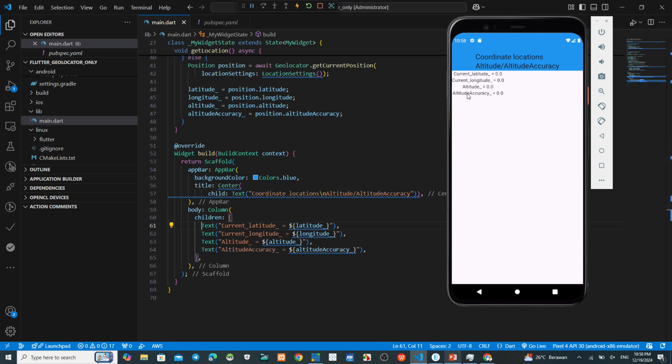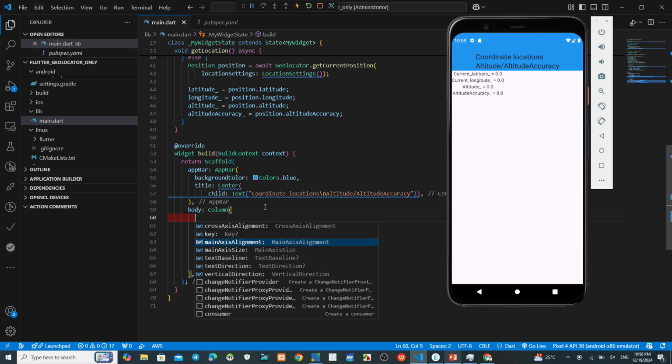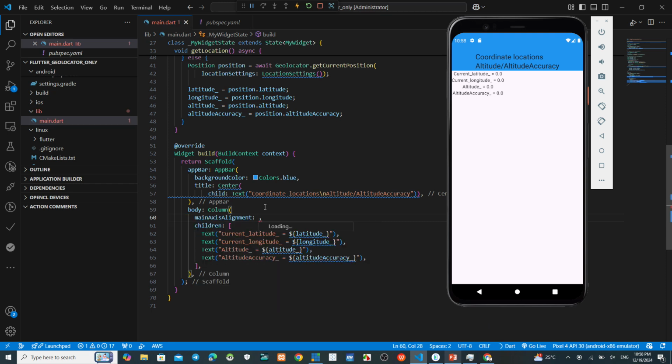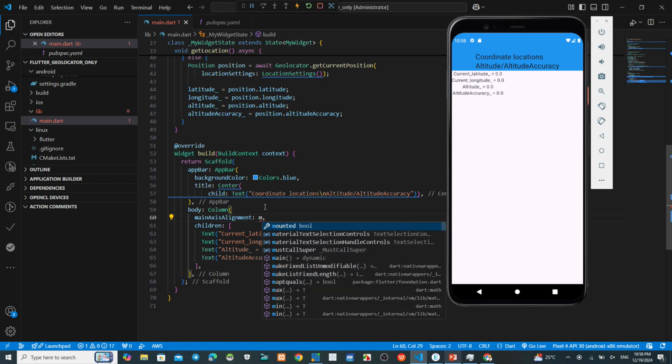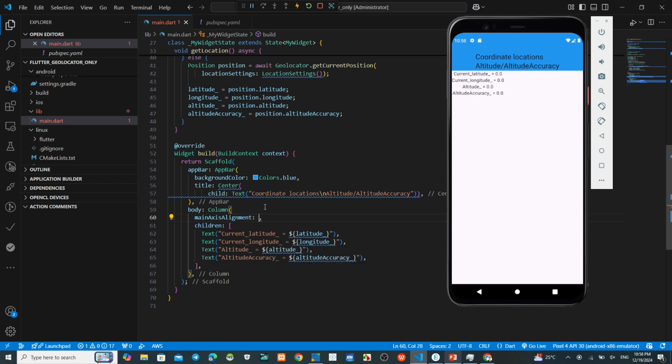Now we make this one on the center here. Okay, make this main axis alignment, MainAxisAlignment.center.